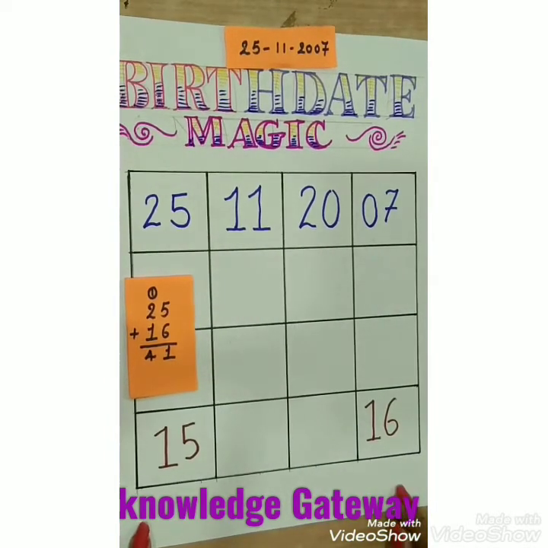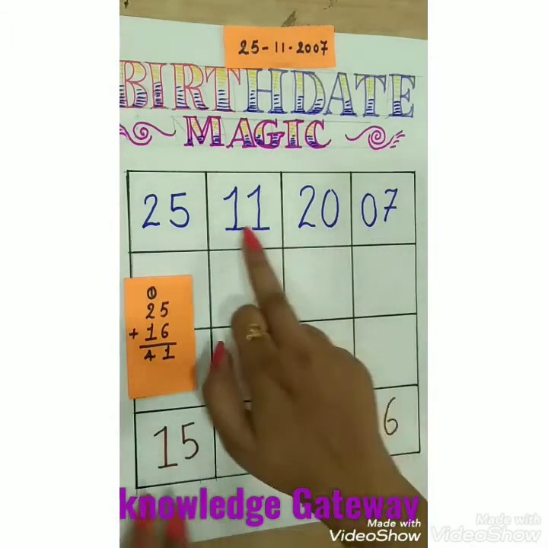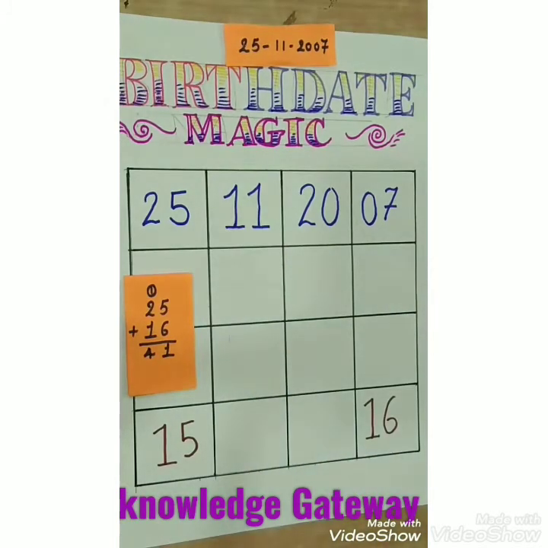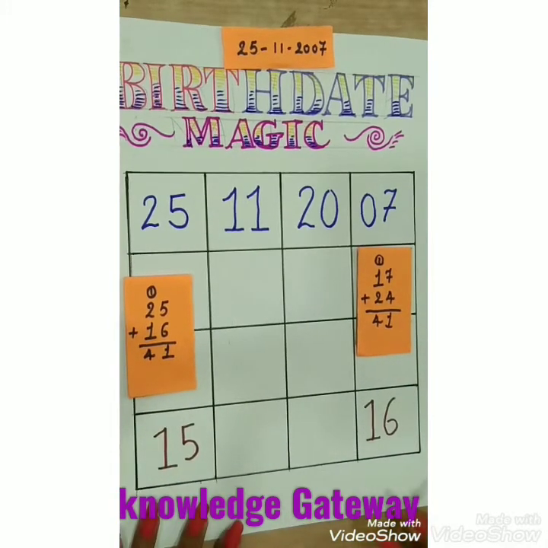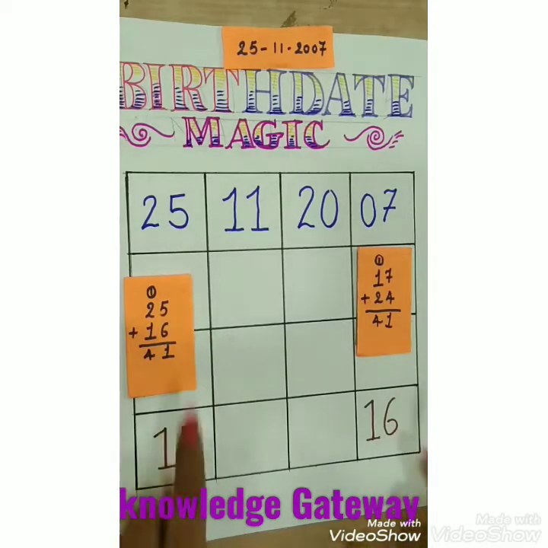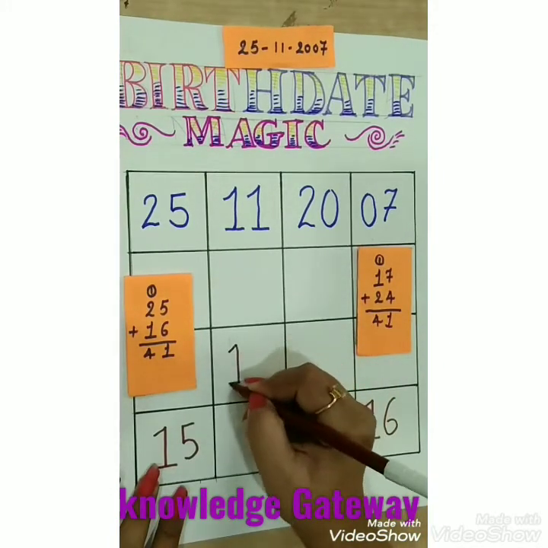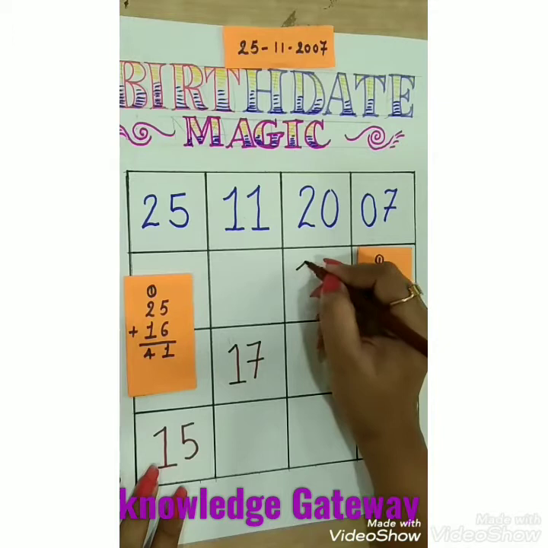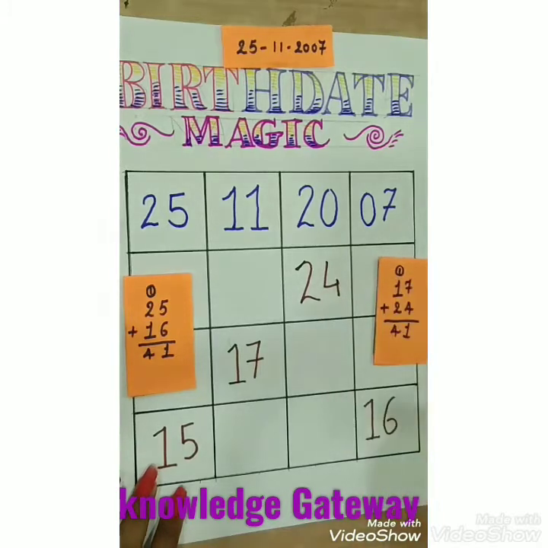Just like we did in the first step, we did the addition of 11 and 20 and we got 31, but we cannot take these same 2 numbers here, which also make 41. I want an addition of 41, so I will take 17 plus 24, but the addition remains the same. You can see here. So I will take 17 plus 24. Those numbers I have to put in the middle ones of the other diagonal. So 17 and 24. Here suppose I will put 17 and here 24. You can see here 17 and 24.